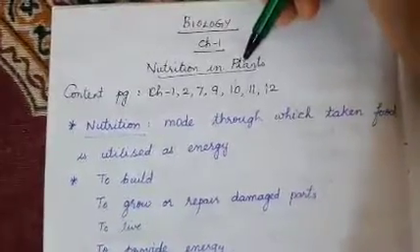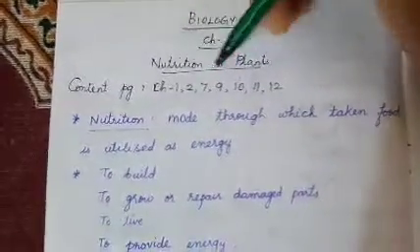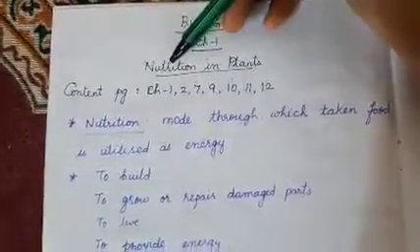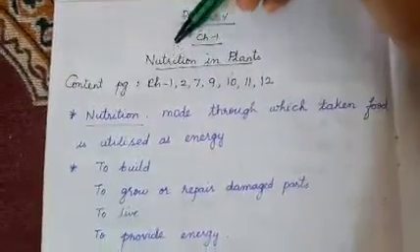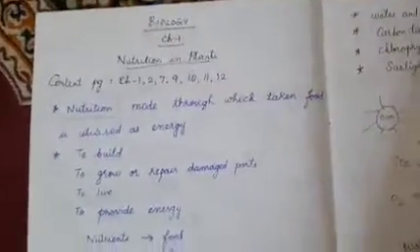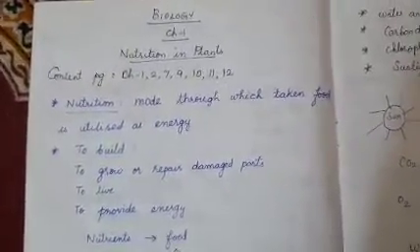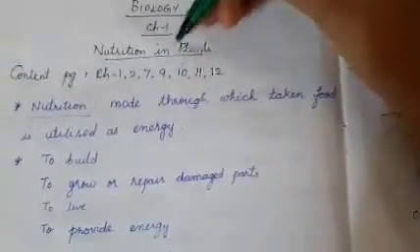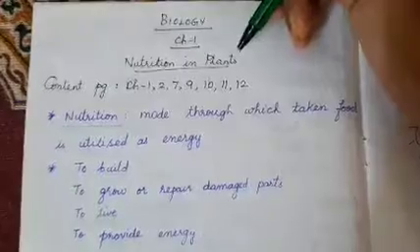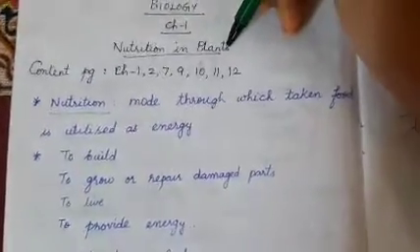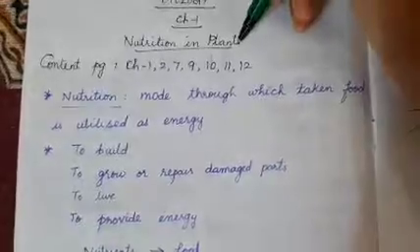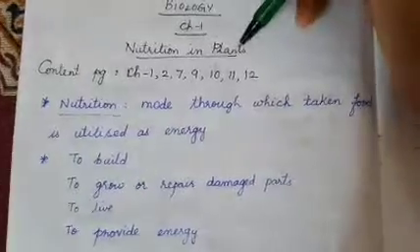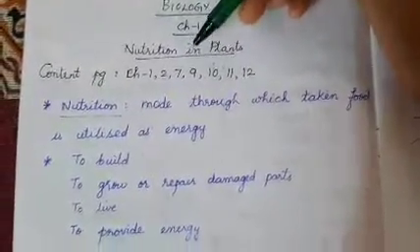So today we are going to see chapter 1, that is nutrition in plants. As the heading tells us, what is meant by nutrition? How do humans take in nutrition? From the food which we eat, right? So how are the plants taking in nutrition for their growth? Because plants also grow like human beings, and they are also living organisms. So they too need an essential amount of nutrients for their growth. That is what this chapter will tell us in detail.